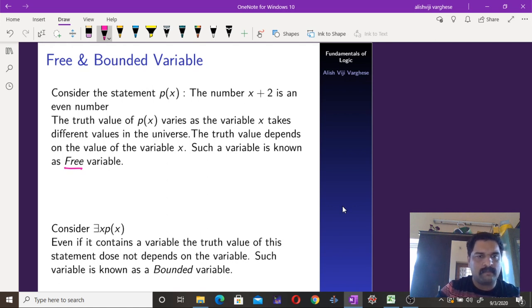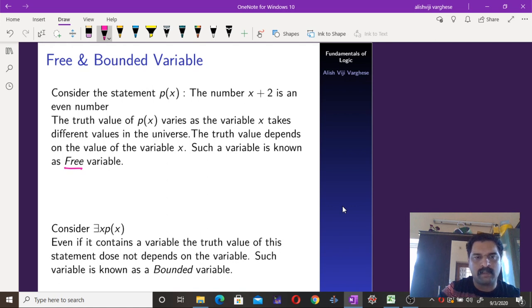So there exists x p of x is true when there exists at least one value in the universe of discourse for which p of x is true, and it does not depend on the value of x. It depends on the universe of discourse and the statement p of x, and it does not depend on the value of x. For x equal to 5, we cannot say something about there exists x p of x,